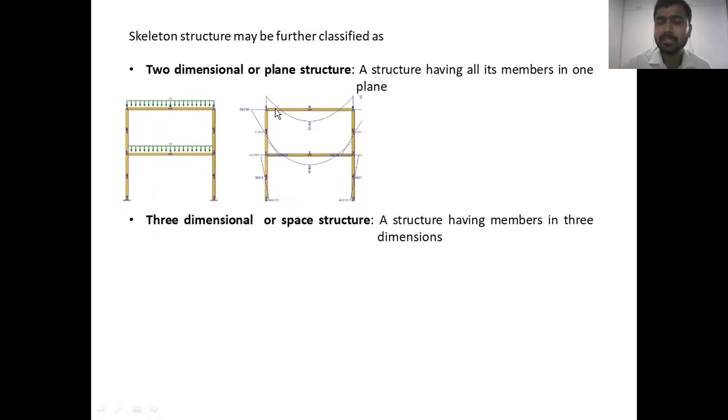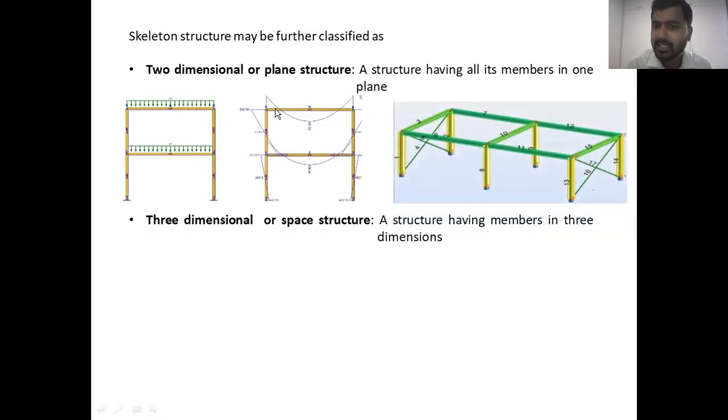The next concept is nothing but 3D, which we also call a space structure. A space structure is nothing but one where we have three axes. What is the one extra axis we have? It is nothing but the Z axis. Here I just wanted to show you a diagram. Here you can see a frame which has all three axes. We have X axis, Y axis, and even Z axis. All three axes are there. So that type of structure we call three-dimensional, or we even call it a space structure.